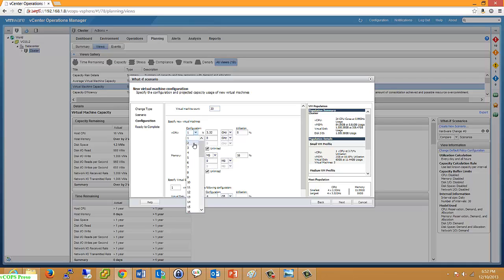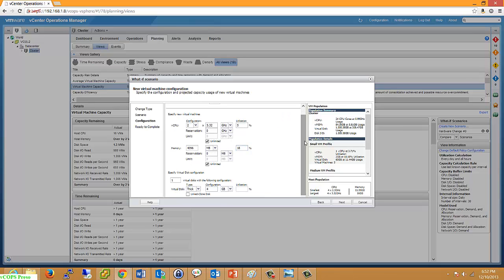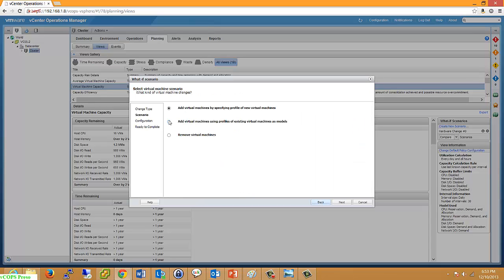I can say each one's going to have 2 vCPUs, the utilization is going to be 5%, memory 18%, and it's grabbing those numbers from the trends that it's seeing. I can also make disks thick or thin provisioned and create them as large as I want. But let's go back to here,